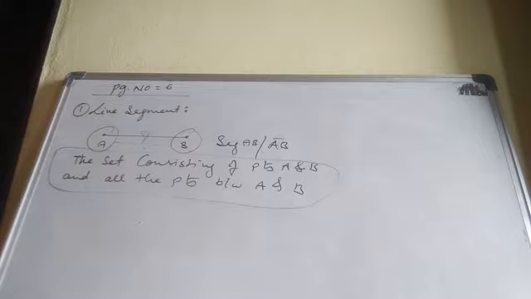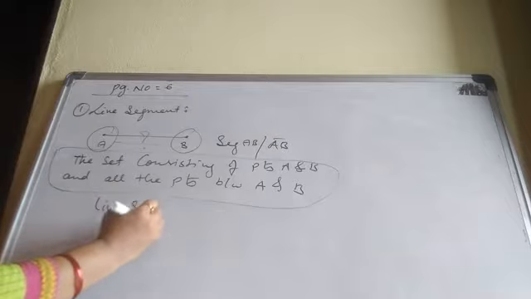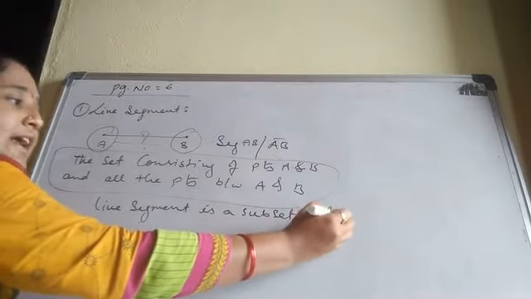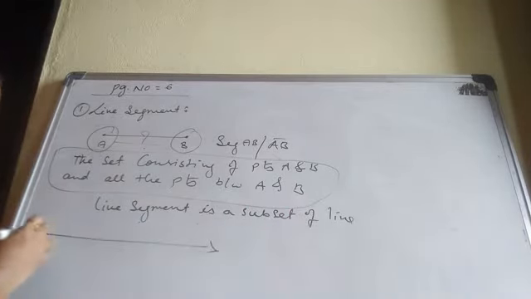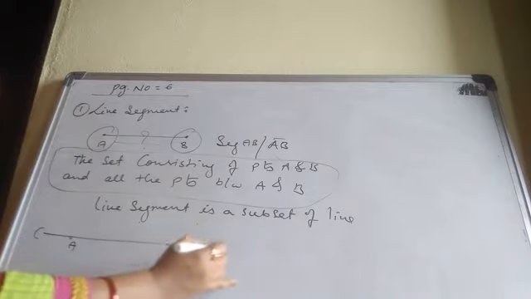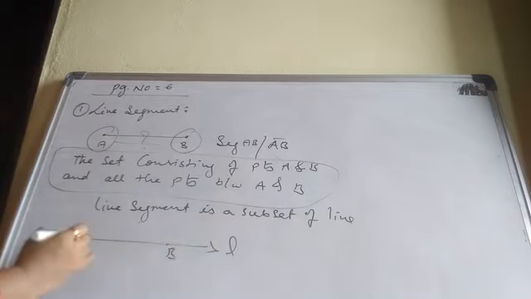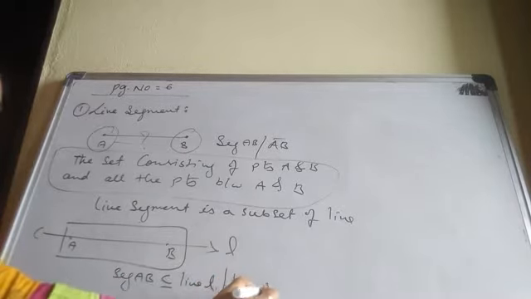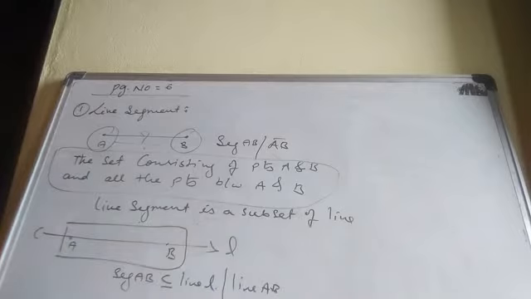And one more thing, a line segment is a subset of a line. Shall I show? Draw a line here, A, B. Here, line L. Till here, is it a segment or no? Yes, it is a segment. It has two end points. So here, segment AB is a subset of line L. Otherwise, line AB. The name of the line can be written in different ways, or no? That is your first definition. Okay?